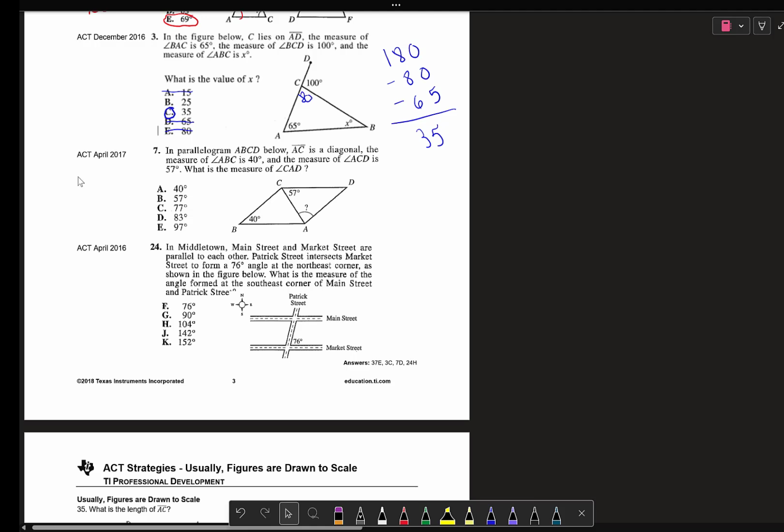All right, number 7. Finding this angle. This is the one that we thought looked just less than 90. So we definitely ruled out these 3 here. We had it between 77 and 83. In this problem,